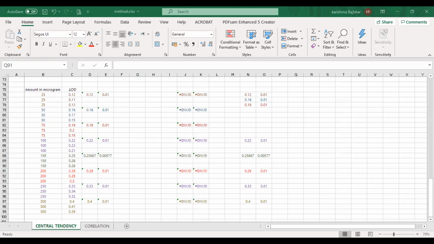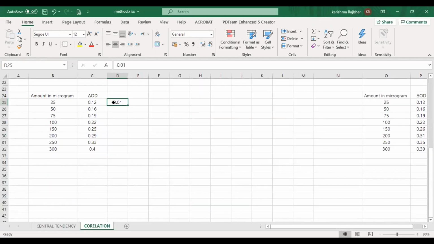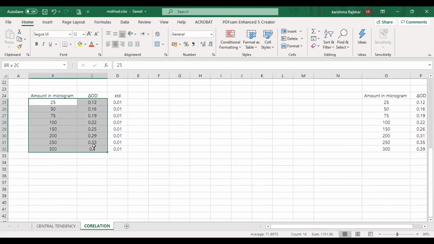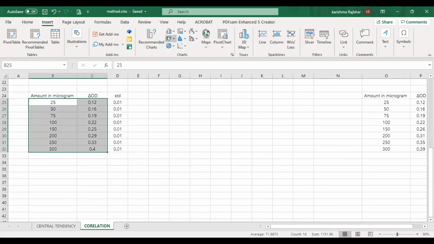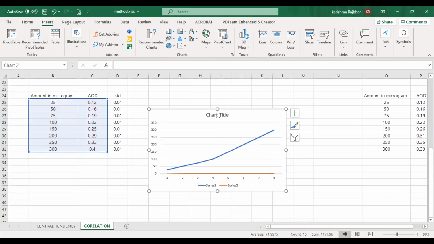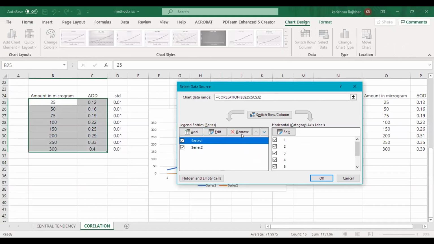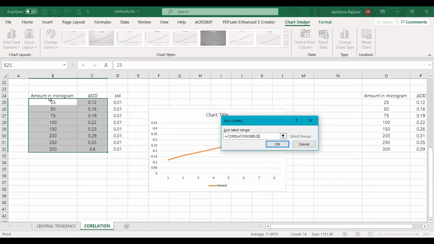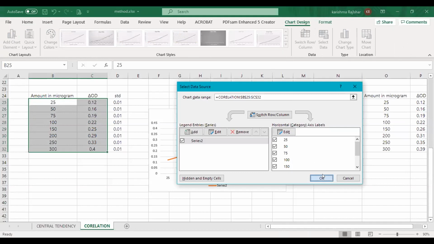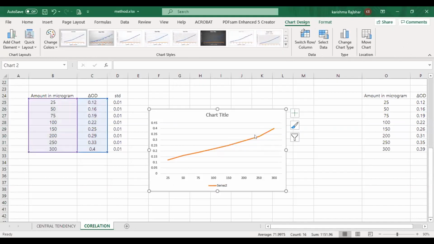So I am just making a selection for 0.01 and I have just added here, and this is my standard deviation. Okay, so I am plotting the same line graph for this data. See here, same protocol. I am selecting the data, I am making an insert, going for line graph, and I am now specifying what is x and y. As microgram is my x, I am removing y from y-axis and I am editing this. Okay. Now can you see a straight line here?